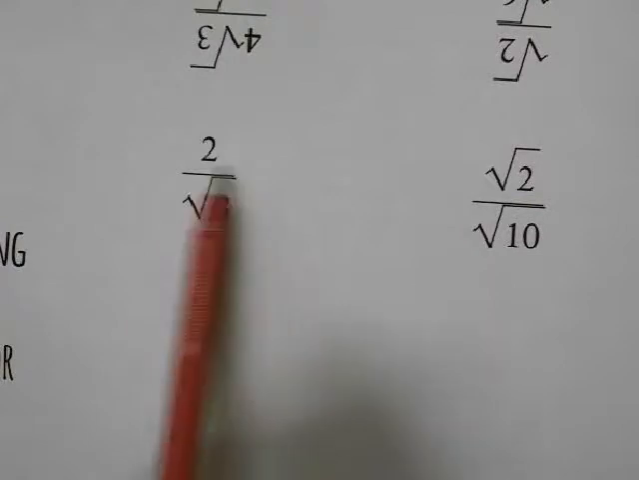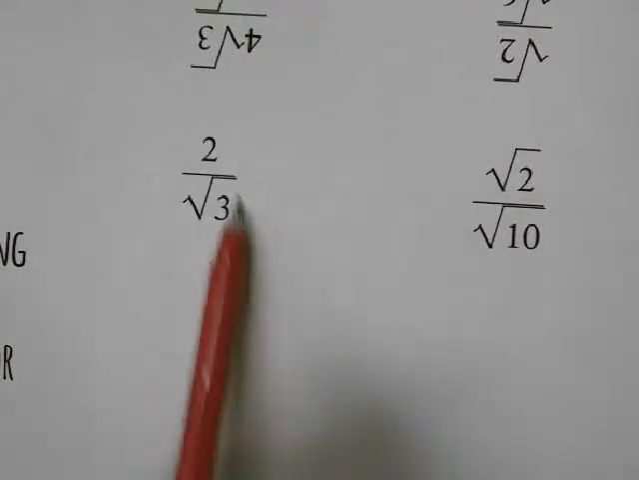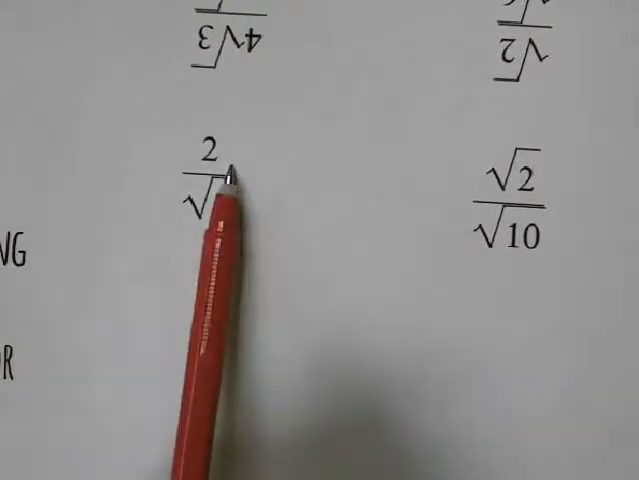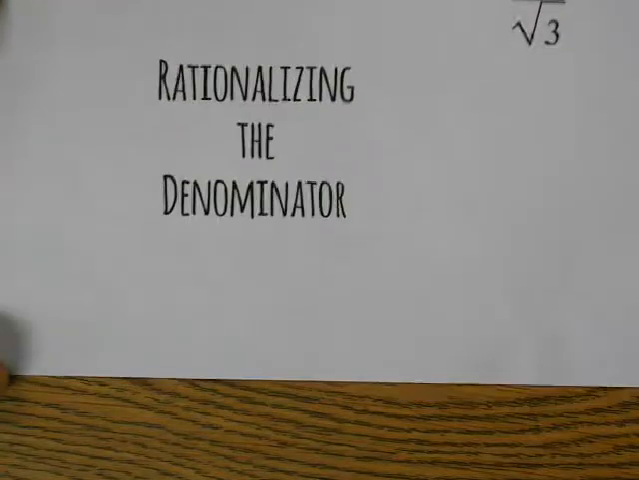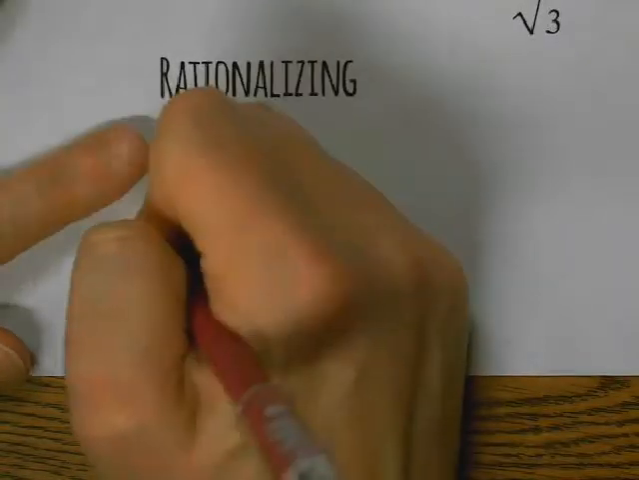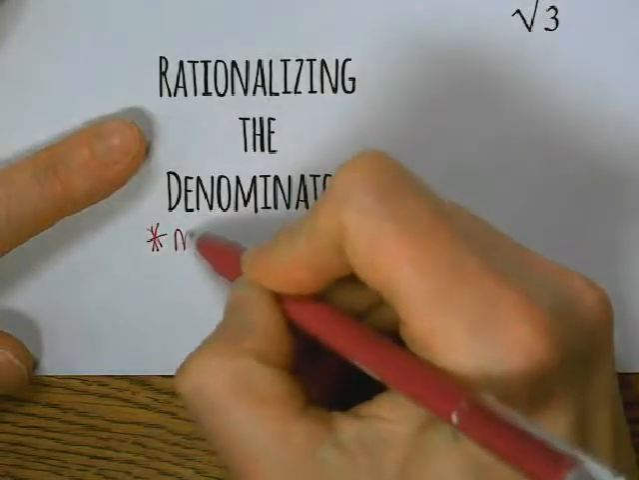And so they're saying there's this math rule. It's kind of like how you can't divide by 0. It's the same thing. You don't want to leave the square root of 3 in the denominator. That's not simplified. So to rationalize the denominator, all you're going to do is multiply